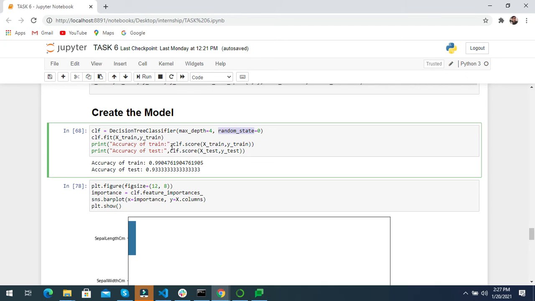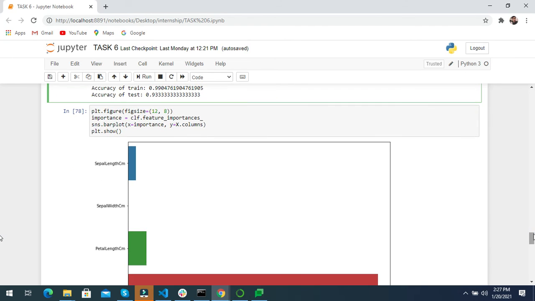Then we compute the accuracy score of the train and test data sets. You see that the train data set has an accuracy score of 99%, which is very good, and on the test data set our model's accuracy score is 93%. This is also very good.